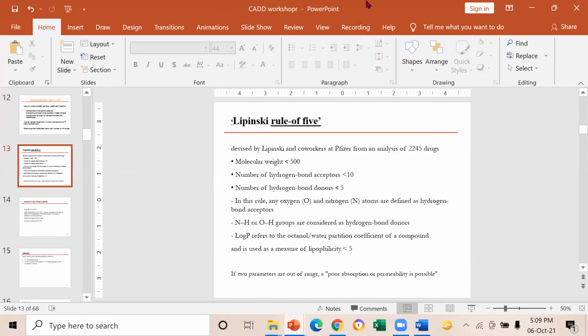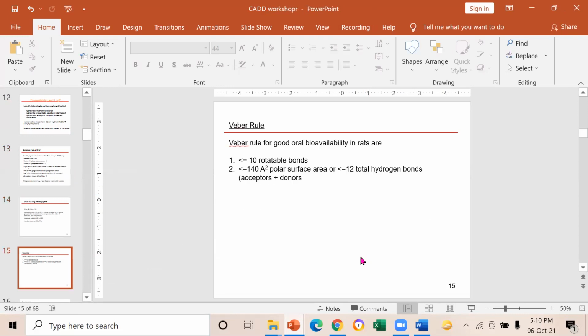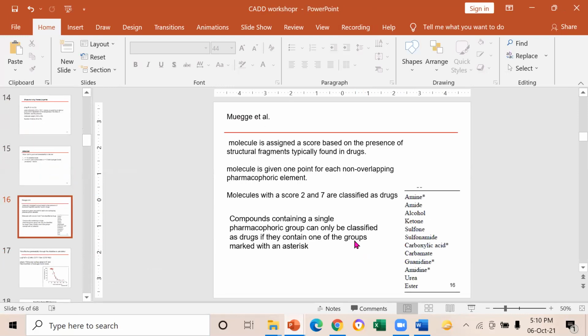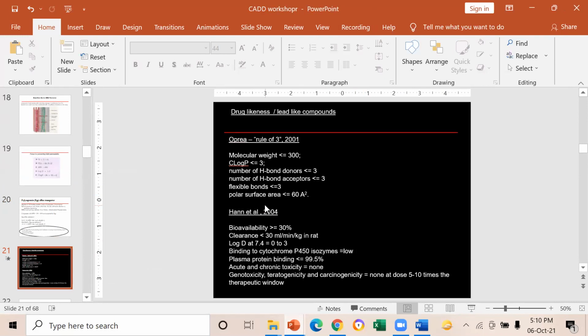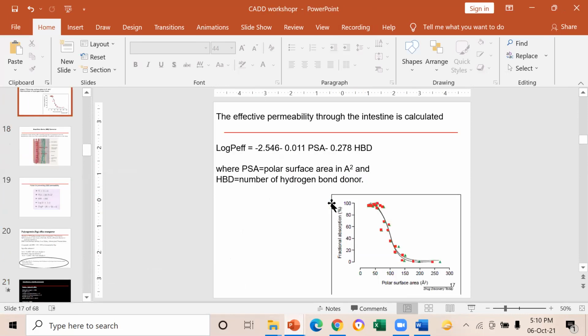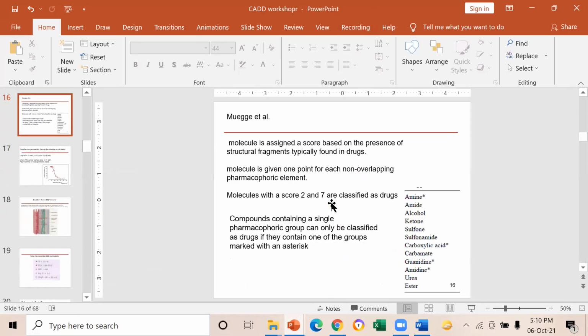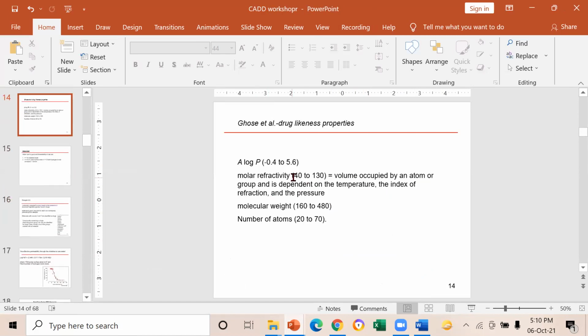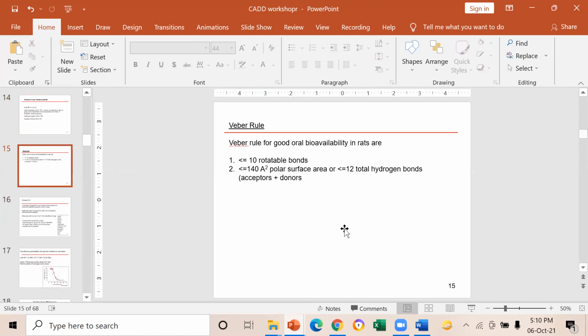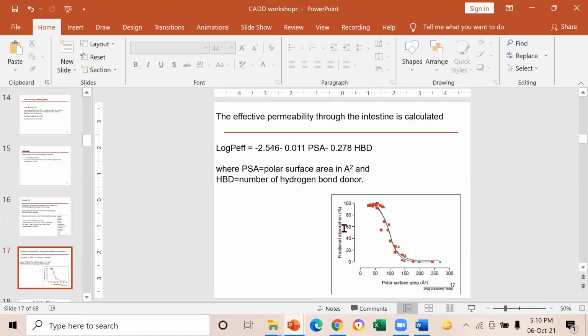Lipinski's rule said log P should be less than 5, right? Whereas if you look at other rules, they are saying log P should be less than 3. If you look at the Ghose rule, they say log P less than 3. And if you look at another rule, so they keep refining based on more data they get. Okay, so log P in this range. So they keep refining, improving, based on more drugs coming in.